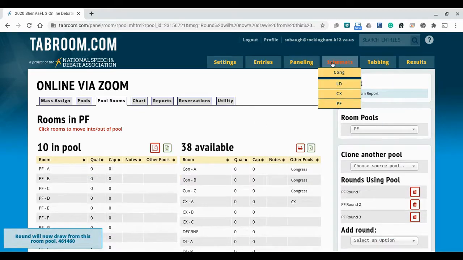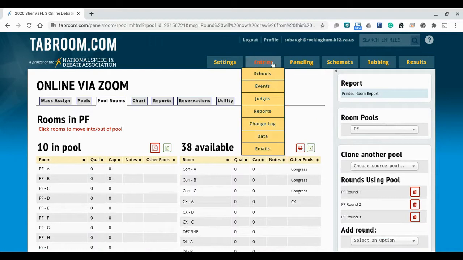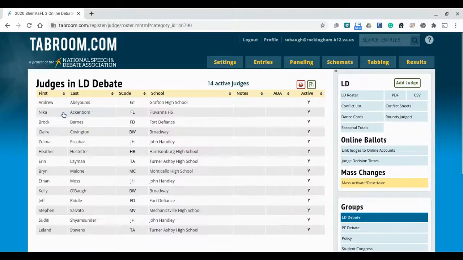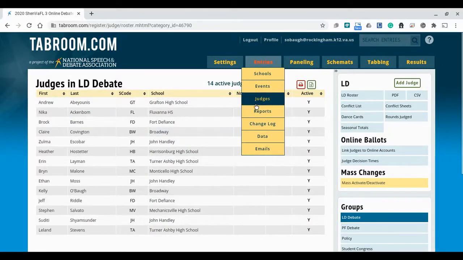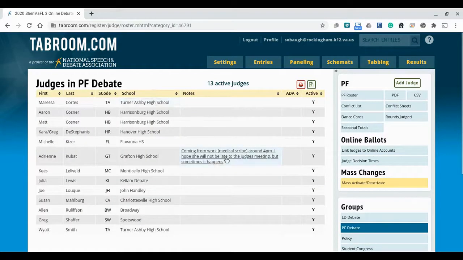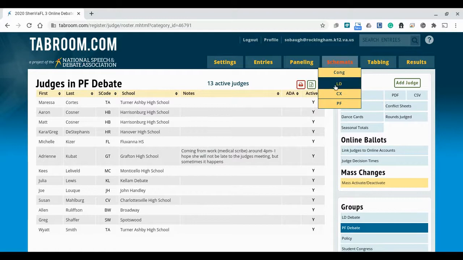So for round paneling and whatnot, it never hurts to take a look at your judges to see if there's any particular judge notes, things to avoid, things of that nature. We take a look here and see there's no notes listed. Let's look at public forum as well. Oh, there is one here, so around 4 p.m. We can indicate that we may want to avoid having this person do the first round, but we can get to that in a second. Let's take a look at